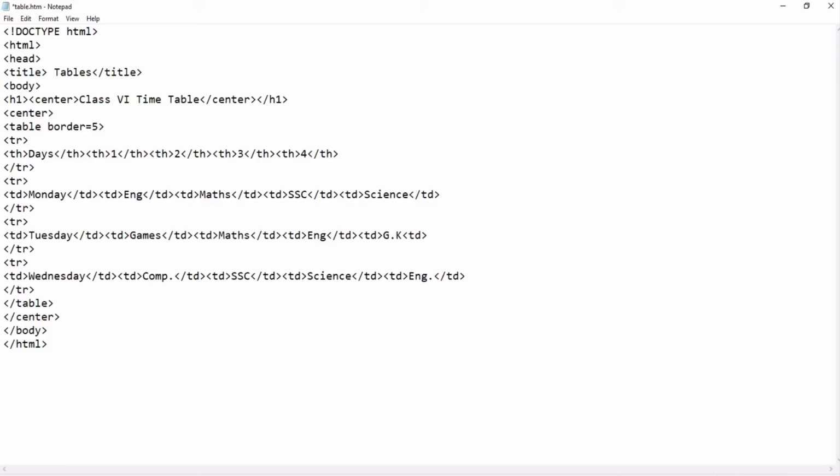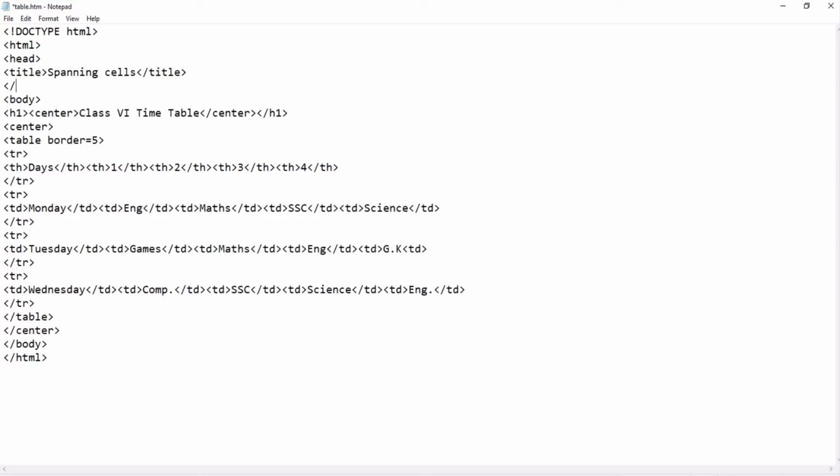Or you can write Spanning also, because we are doing the spanning topic. So Spanning Cells, clear. Then after this I have to close my head tag, done.